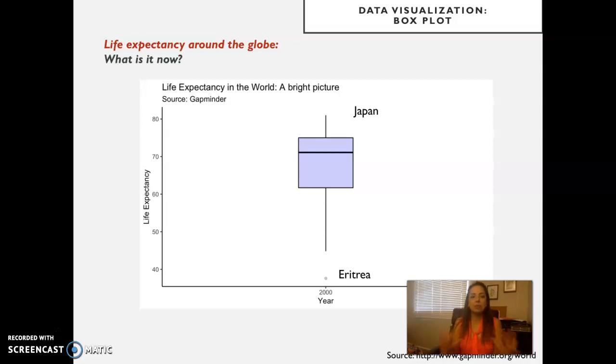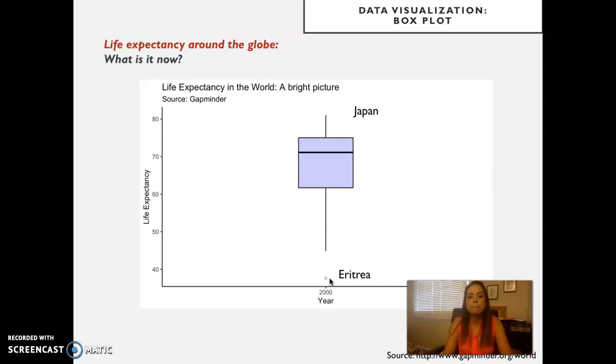So here is how I would say, if you're asking the question, what's the life expectancy around the globe right now? You can see that this is a nice plot because it gives you the median value, which is right around 70, and the box represents the interquartile range. That's Q3, the 75th percentile, and that's Q1, the 25th percentile. It's also nice because it gives us an idea of the spread of the data within the expected variance range, which the whiskers indicate, but it also shows us the outliers,